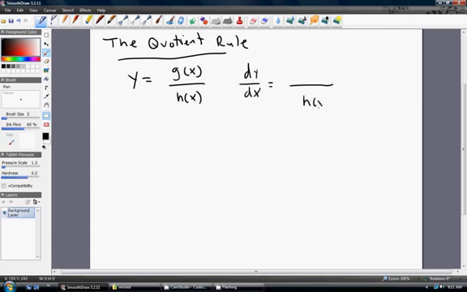The first thing we want to do here is just square what's in the denominator, and then in the numerator we're going to take the derivative of g of x, multiply it through by the h of x function, and then subtract